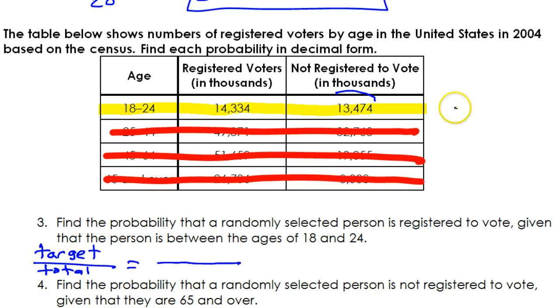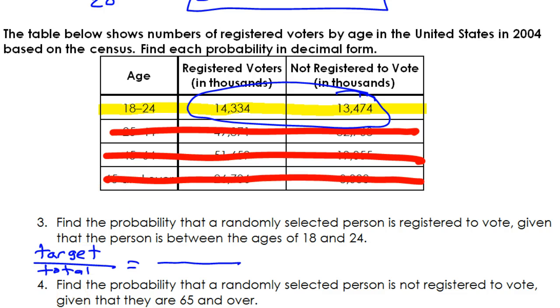Target over total. Well, the total in the narrowed down universe, well, you know what, we have to find it. Because we don't have totals given to us. We have registered voters and not registered voters. Those are the only two possibilities. So if we want the total, we could just add. Okay, so if I add these up, what do I get? So let's see, I'm taking my calculator and I'm doing,